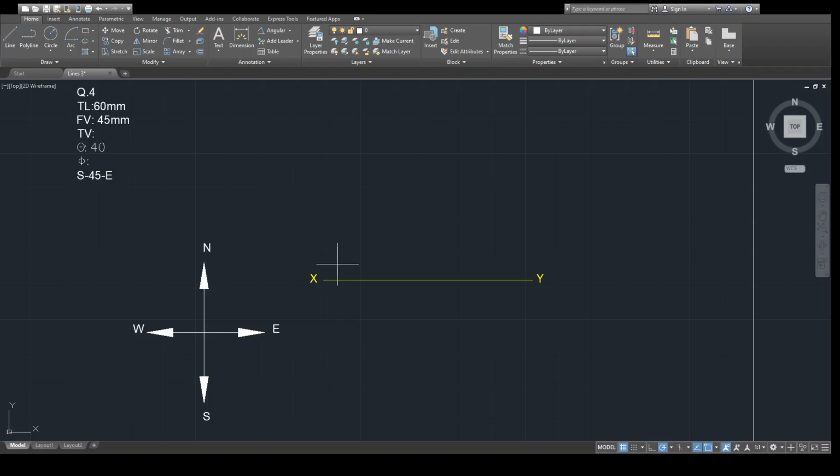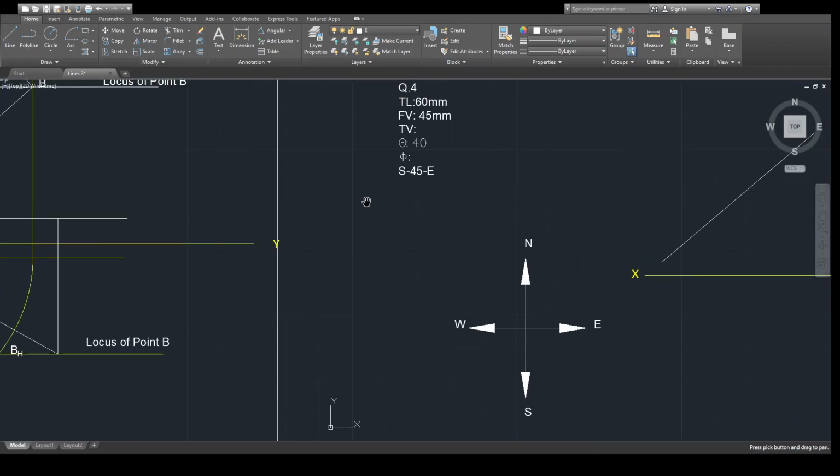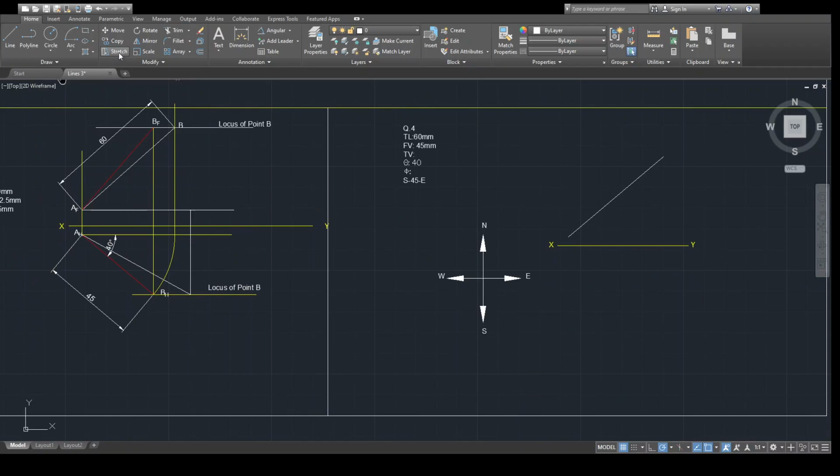So we will take one more random point. 60 mm length. What about the angle? 40 degree. So this is our line. We'll call this point AF. Again, I will not waste much time, I will copy from this particular point. So this is my AF.